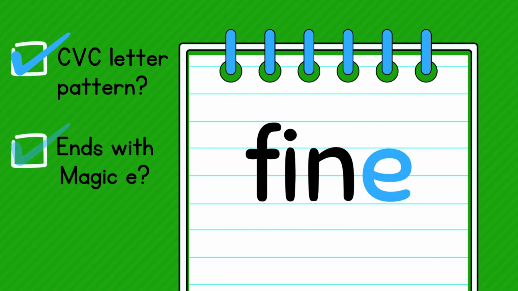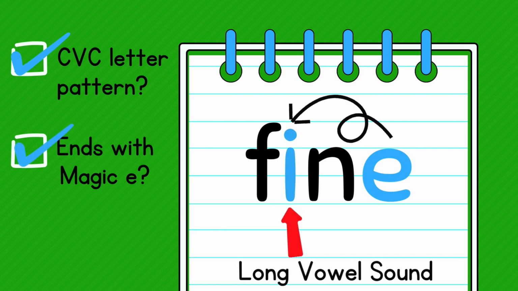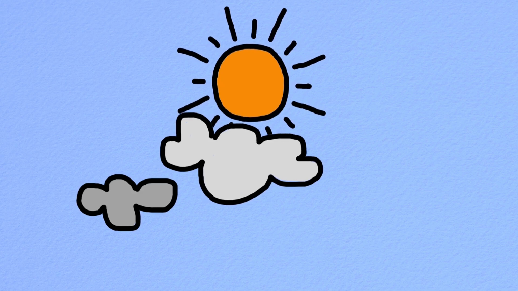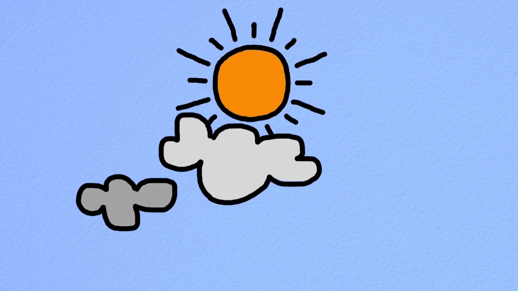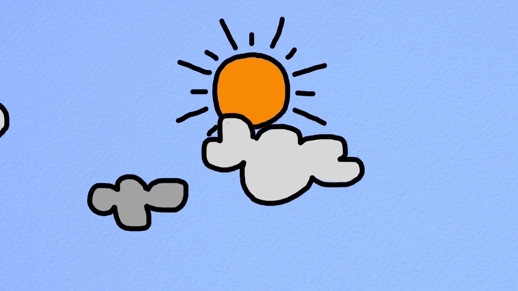Yes, there is a magic E on the end this time. That means we say the long vowel sound for the vowel that comes before the magic E. Fine. The word is fine. We were worried it was going to rain today, but the weather turned out to be fine for our school